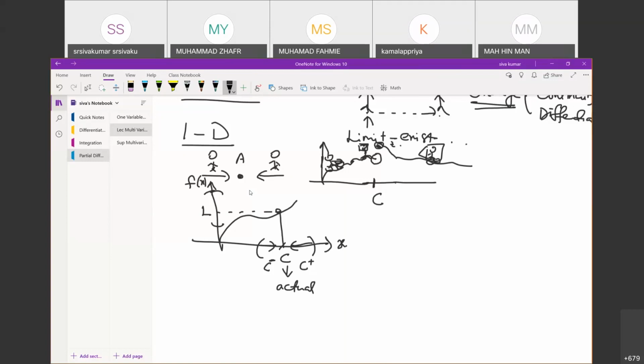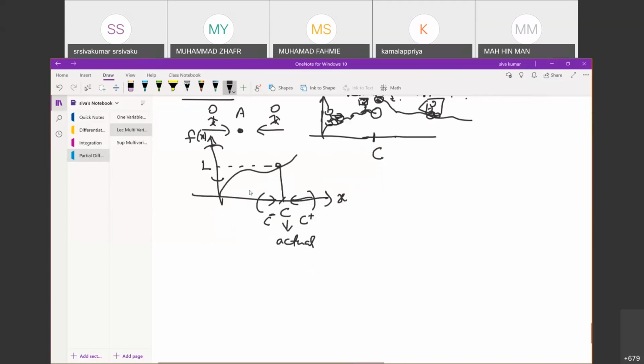Now we go. Suppose they need to meet here. That means, I'll try to put this word, actual. If I say this is actual, when I put this in, I should get L. This is actual. You must remember, actual is different from limit. I'm going to put another word here: limit, if x approaches C, f(x). I'll mess up with